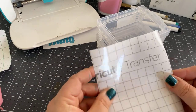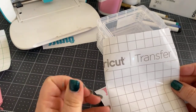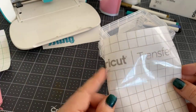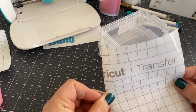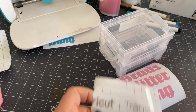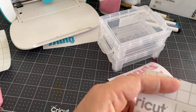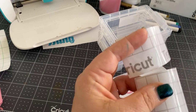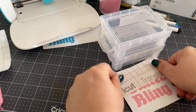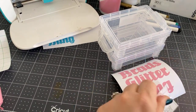You need a little bit of transfer tape. Now you can buy transfer tape for the Joy, and it comes in a cute little package like this. But I think it's better to buy transfer tape on a larger roll and just cut it down. And that's what I do. So in this case, I'm just going to cut maybe a little more than an inch here. And there's my little bit of transfer tape, right? So all you need to do is